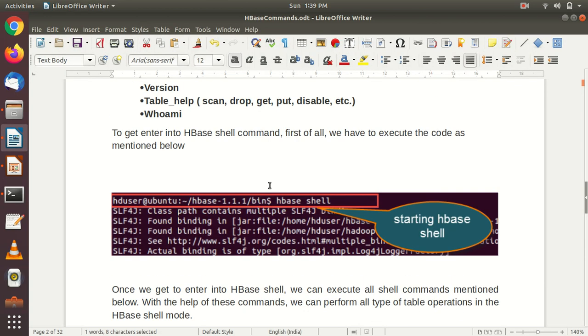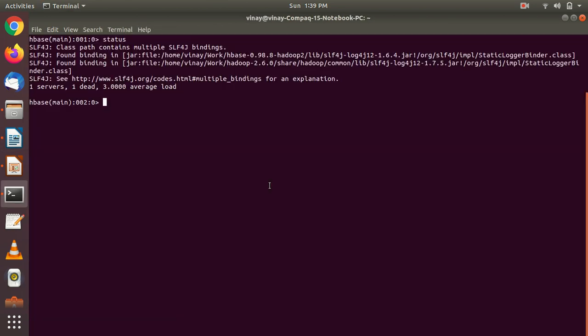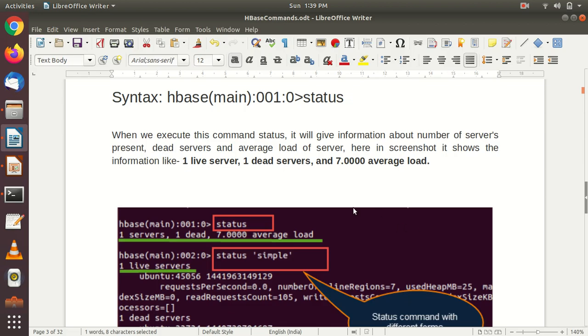The next one is version. In order to check what your current HBase version is, you simply type version. So right now we are on 0.98.8 Hadoop 2 HBase version. Then the next command is